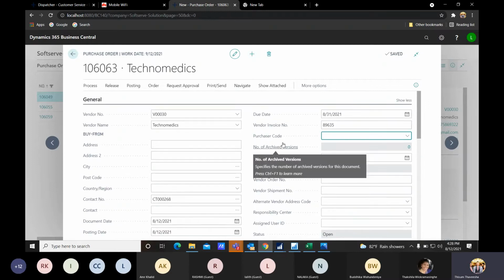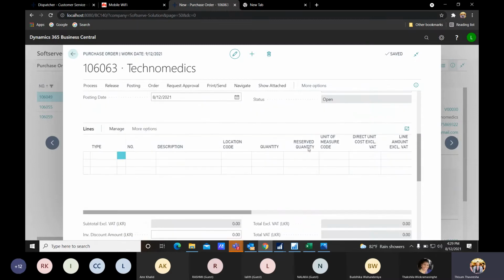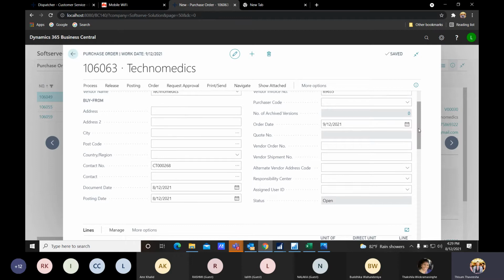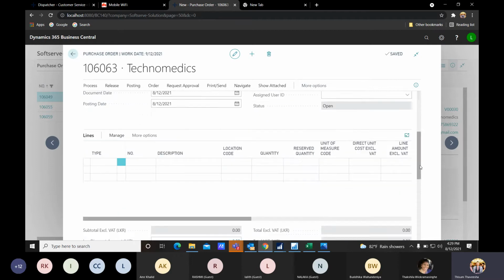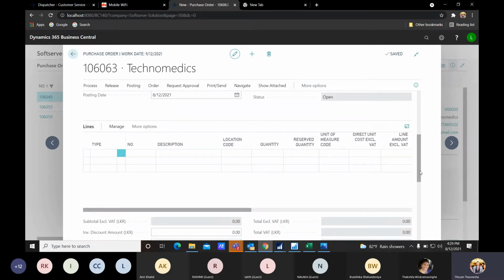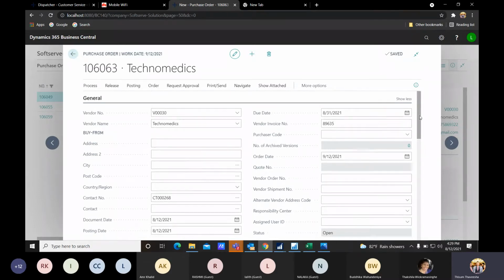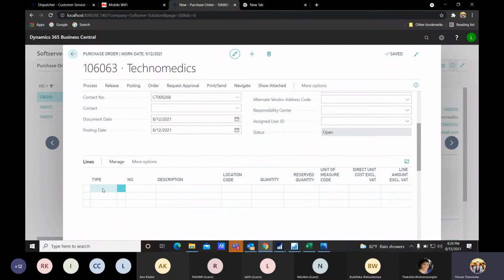And then if I further explain this purchase order, right? This is the purchase order document, where this document would be divided into 2 parts. Sales order is also the same, right? I will first explain the purchase order. So a purchase order is basically divided into the header part, and then here comes the line part. Header part is a place where we will enter the vendor details and the posting date and the payment methods, payment terms, your currencies, everything would be entered in the header part. And then we have the line part where you can enter the items for that purchase order, right?